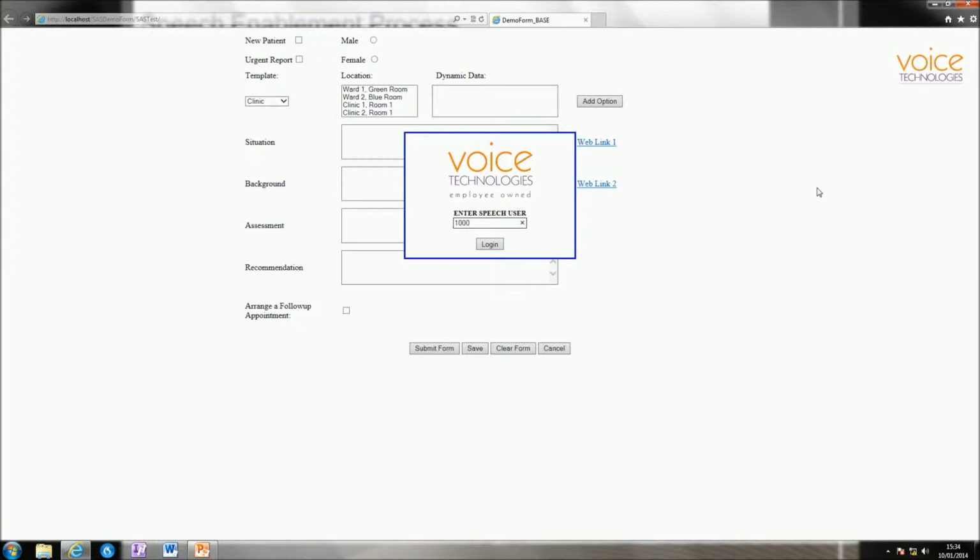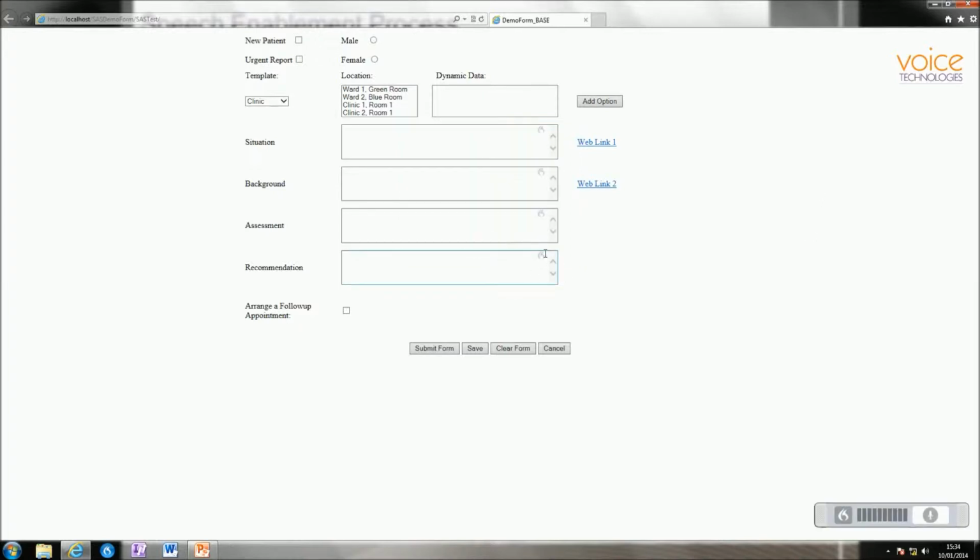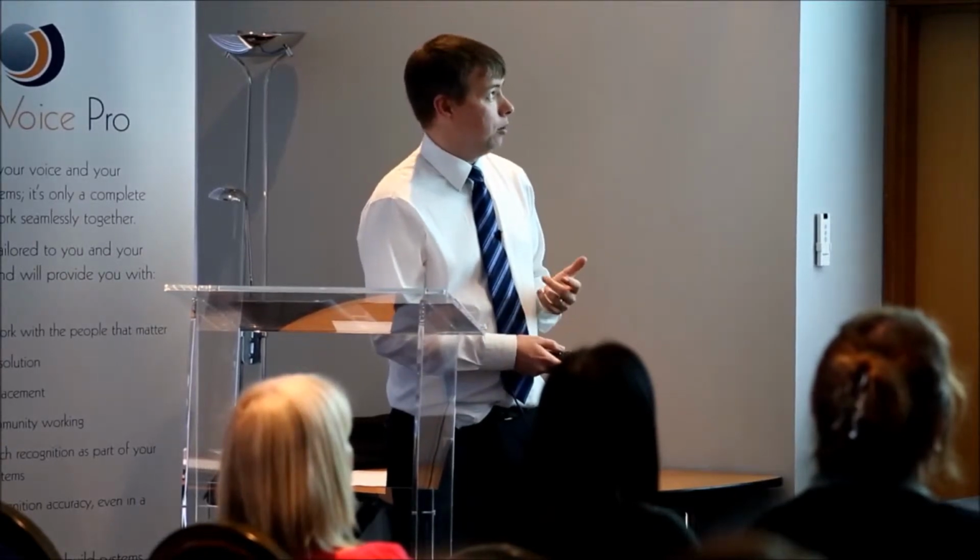So I'm in Internet Explorer. So similar to the Dragon Medical process, this speech bar is available within the browser. What I'm going to do during the demonstration, I'm going to dictate, which will put textual content into these boxes. I'm also going to check some of the controls on screen, and I'm going to select some of these navigation